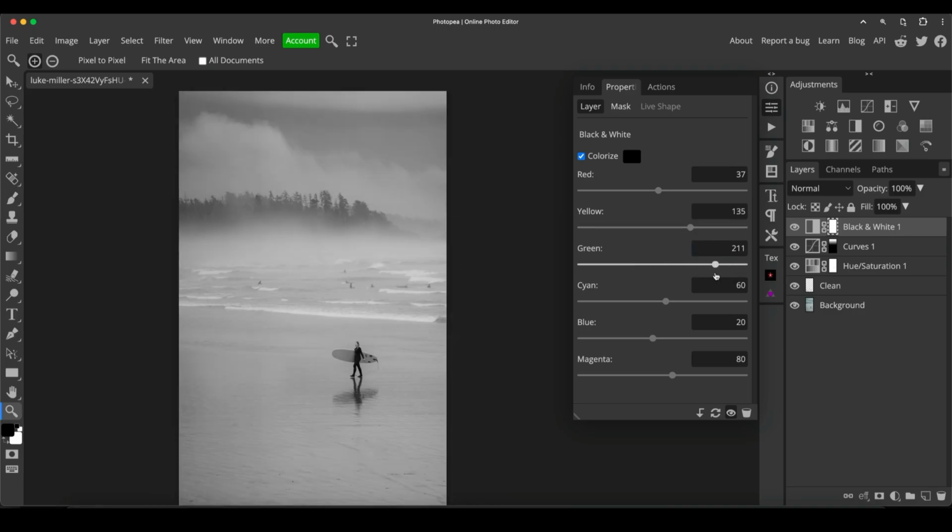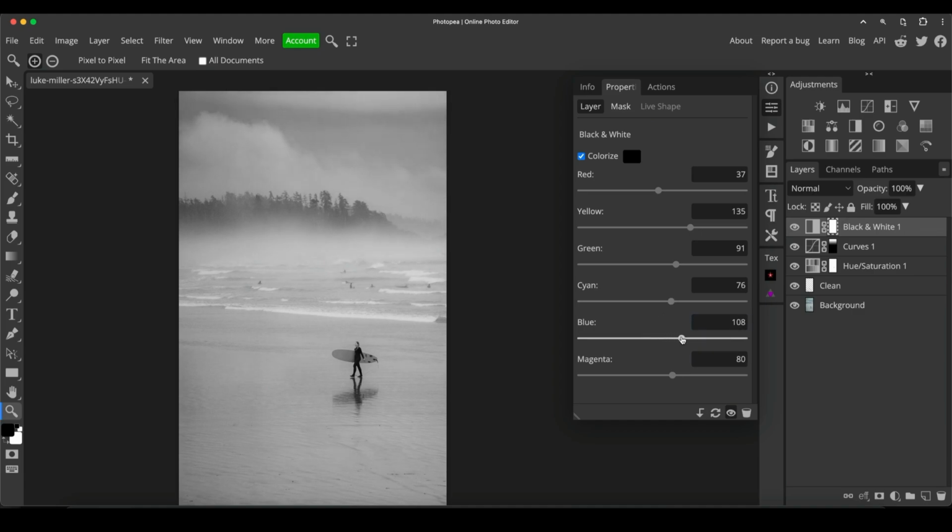Green. No, you think it'd change the trees, but they're so desaturated, there's not enough information there for it to pick up on. Cyan. There's quite a bit of cyan in the overall image, but as you can see, unless you've got a very high quality image to start with, if you push this too much, you can see all these JPEG artifacts and compression and other sort of gunk comes out. So you need to be careful with this, that if you start seeing anything like that, then just back off with your